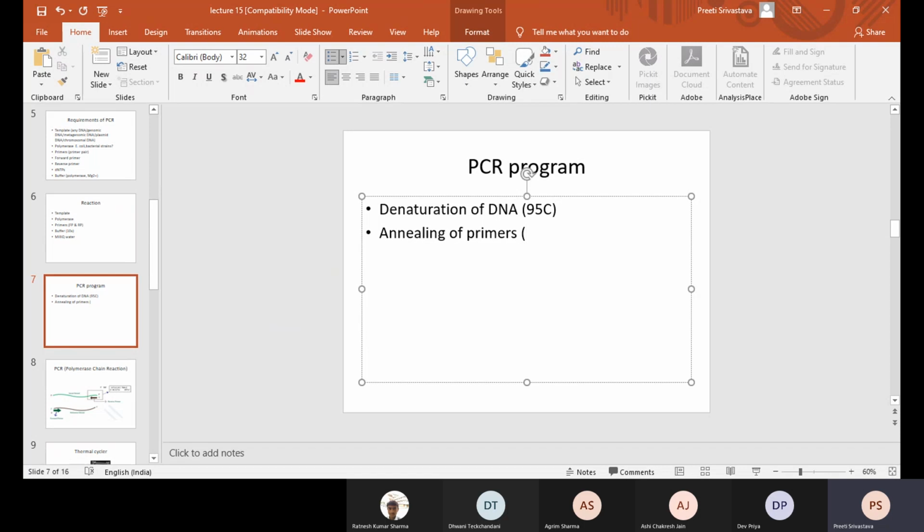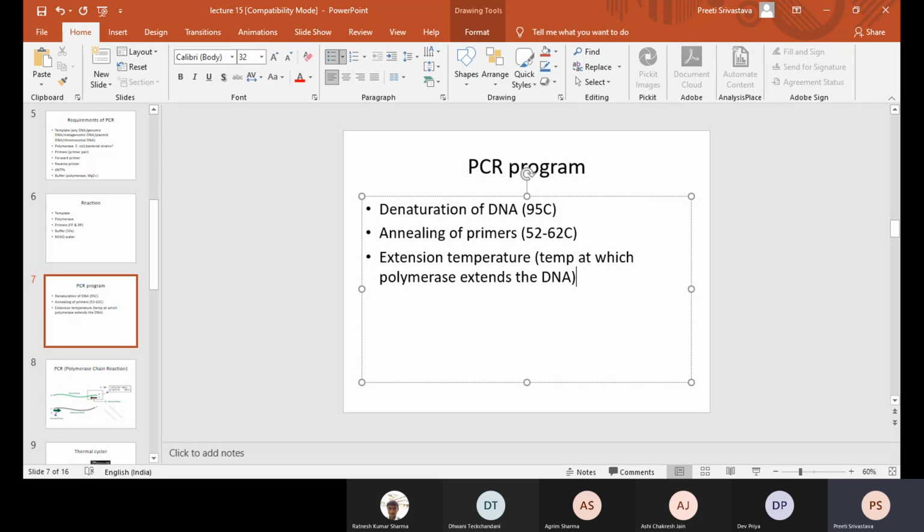This annealing temperature, usually the best is in the range of 52 to degrees Celsius. Then you have an extension temperature, the temperature at which the polymerase extends the DNA. It incorporates dNTPs and extends the DNA.